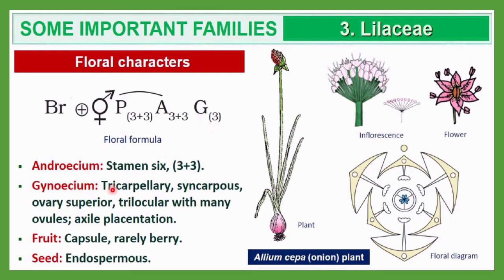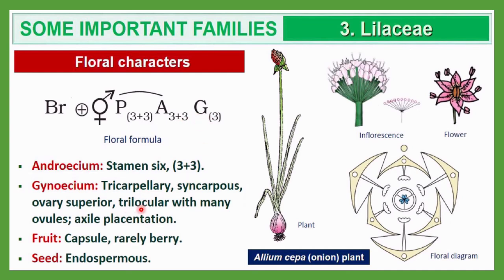Here you can see G having 3 structures. Let me discuss that. It is tricarpellary, that means 3, and it is in a bracket, that means a syncarpous type of gynoecium is there. Ovary is superior, and here is a mistake that you have to correct: just underline the ovary superior here. Only then will this floral formula be completed. Whenever you practice this diagram, just underline G.